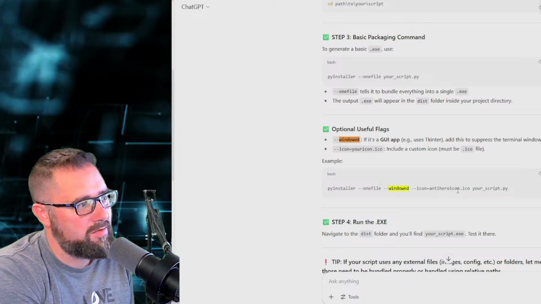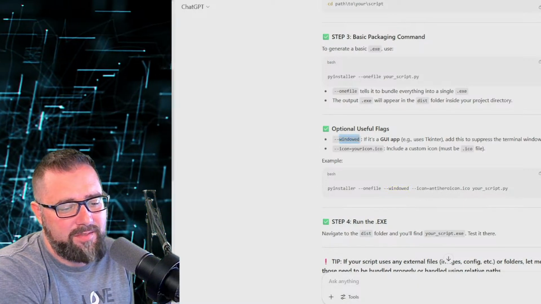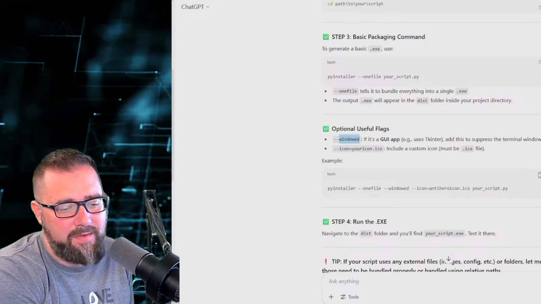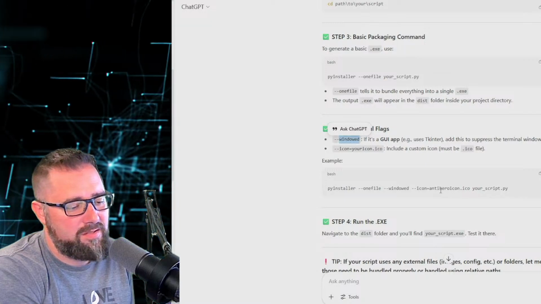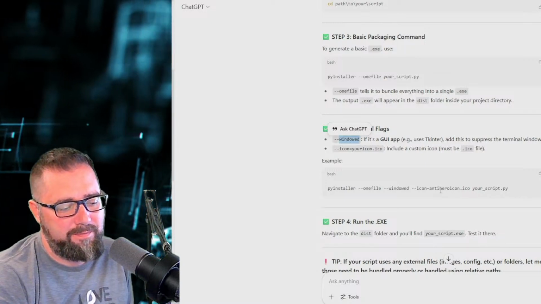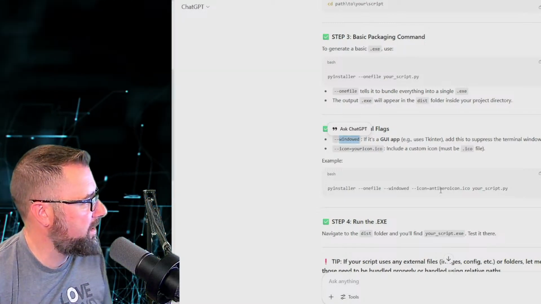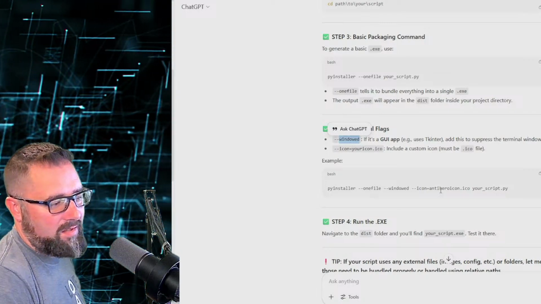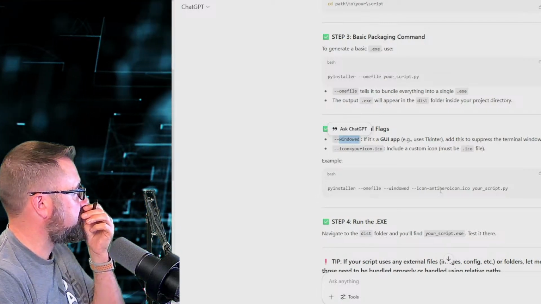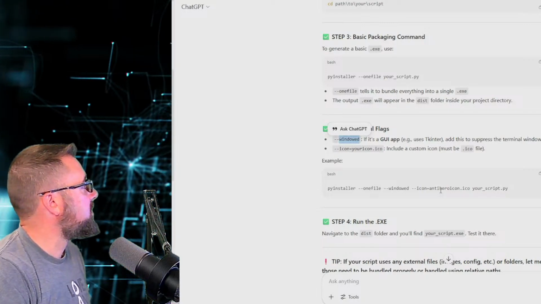And then this is the instruction for adding your own icon to it. So that was the name of my icon file. All right. That's the instruction I should have used right there. So windowed keeps it contained. Good to know. So I'll make those notes later. But